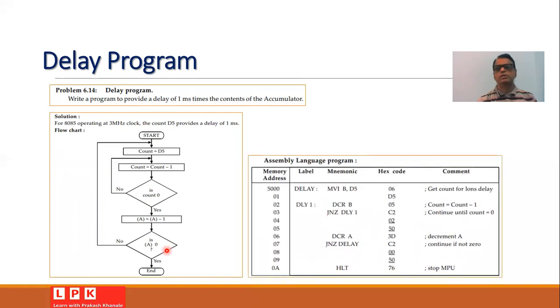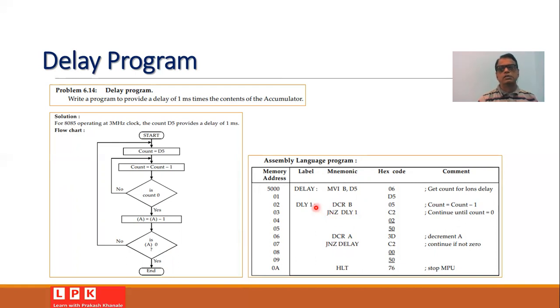So initially we will assume some initial count in the accumulator is already set, and therefore that instruction is not written here. We will start the assembly language program with the instruction move immediate B, D5. Then we will decrement B. We will check if it is 0, jump if not 0, to DELAY1, that is, go back.